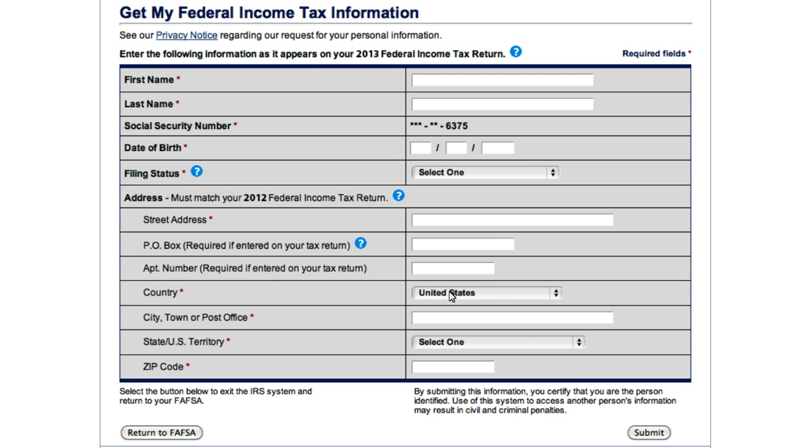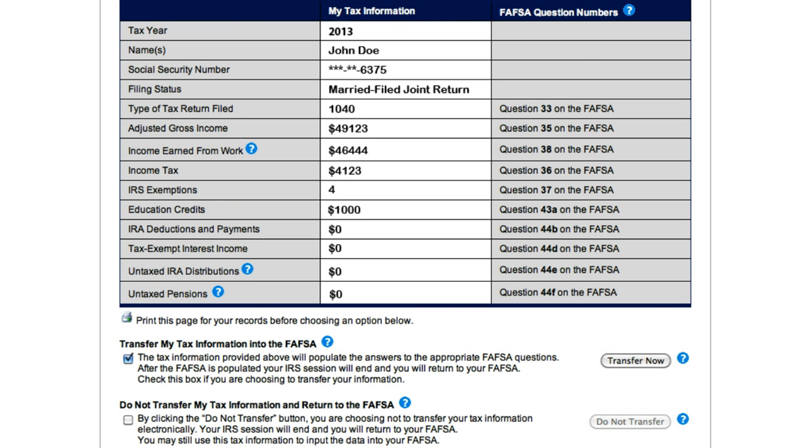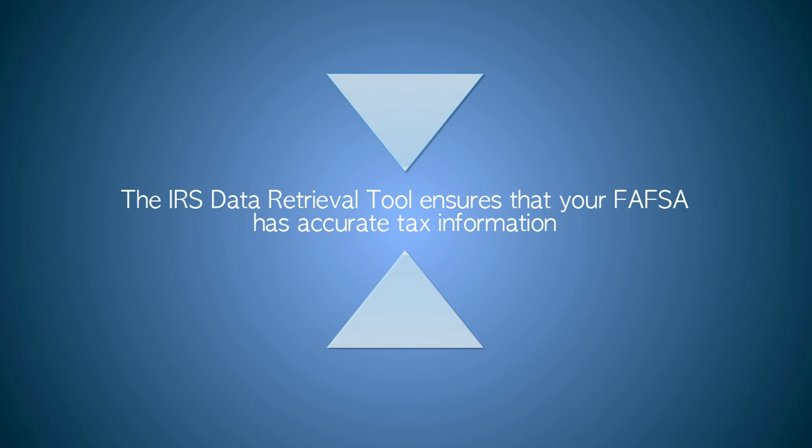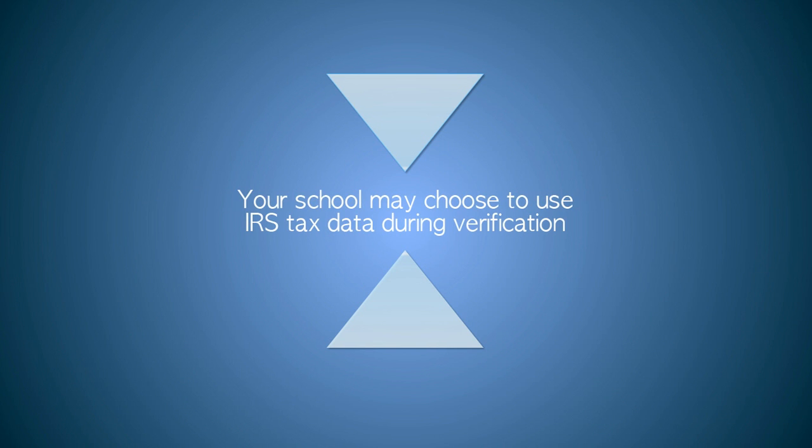On the IRS website, enter the requested information. Be sure you enter all information exactly as it appears on the tax return and click Submit. Once the IRS has validated your identification, your tax information will display. Click Transfer Now and then return to the FAFSA website using the links provided. It's as simple as that. Questions that are populated with IRS data will be flagged as transferred from the IRS. If you are selected for verification, your school may choose to use IRS data for verification purposes in lieu of